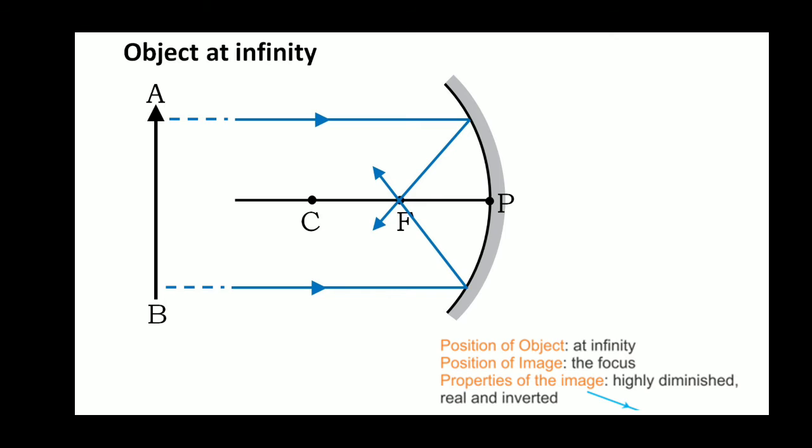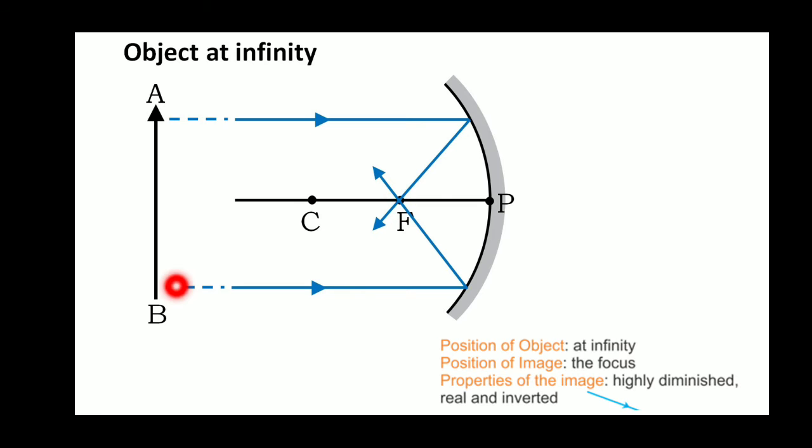When the object is at infinity, it is very far. It is very big in size. So from infinity it is coming. So that's why here the dotted lines are represented. So I told you minimum 2 rays are enough. So the first ray, this is my incident ray. Can you see, is it parallel to principal axis? Yes. Afterwards, this is the reflected ray. This is ray 1. The second ray I considered here. The ray is going parallel to principal axis and reflected like this. And if you see, where both the reflected rays are meeting means at the point F. So when the object is at infinity, image is formed at focus.